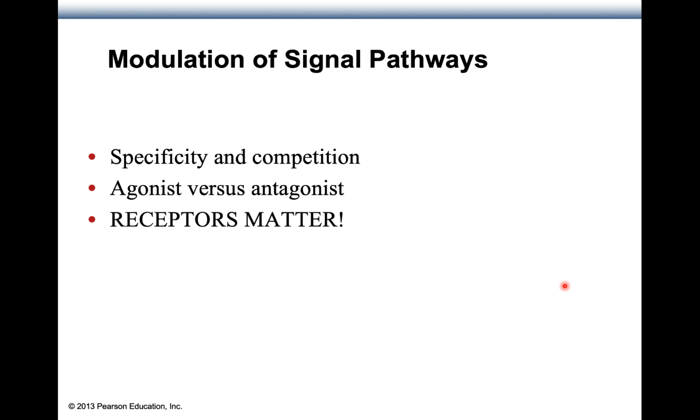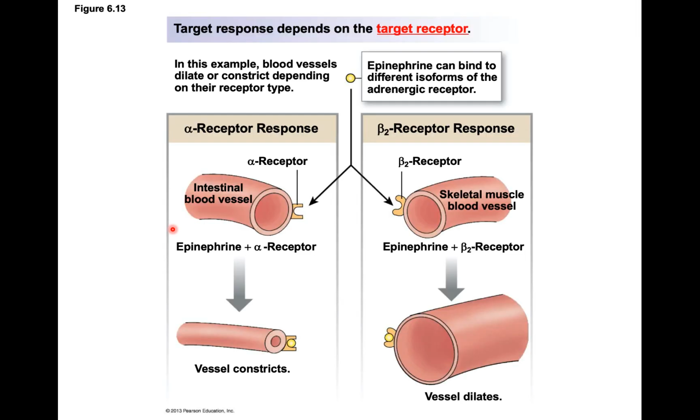Yes, you made a ligand. Yes, it bound to a receptor. But what else is there? Well, there's specificity, there's competition, there's antagonists, and there's different types of receptors. So we're just going to really touch briefly on these things. The first thing I want to cover, which is a really, really interesting slide here, is the type of target receptor. When you make a